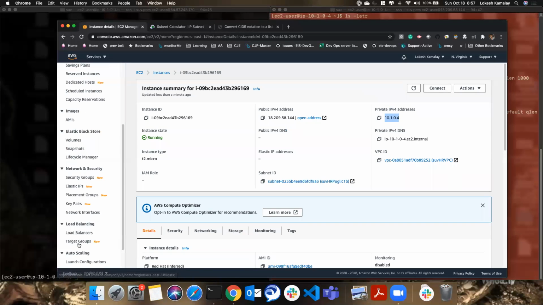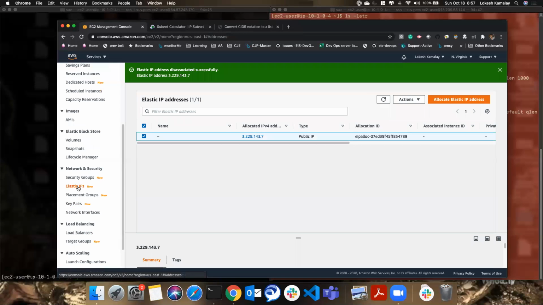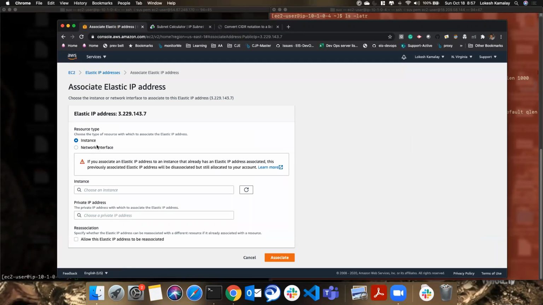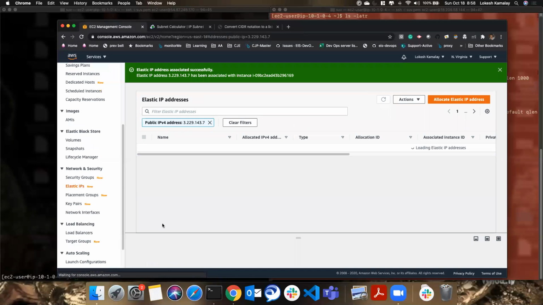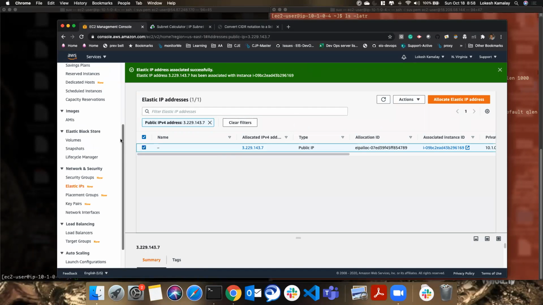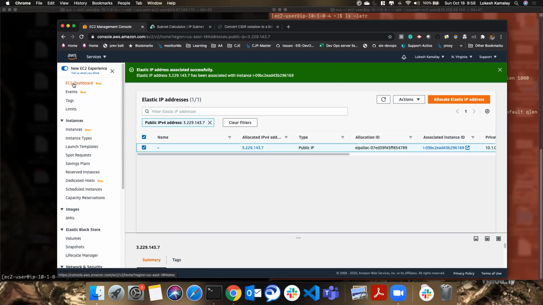Let's see. I go to the Elastic IPs, associate, instance. So which instance? Okay, I'll pick this one, not this one. This one. See, 1.4, associate. It got associated. Now if I go to my EC2 dashboard here,